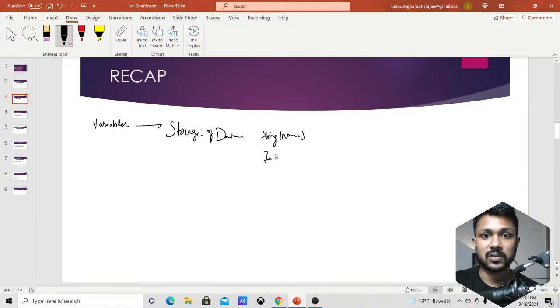Integer information can also be stored, and this also could be a floating point, a decimal point value, which will go inside something called a double. Now double is considered the floating point keyword. These are the things that we saw in yesterday's video, and we also learned how to create variable names and what the specifics are to creating variable names. Variable names can be created in a bunch of different ways, and one important thing with Dart is that